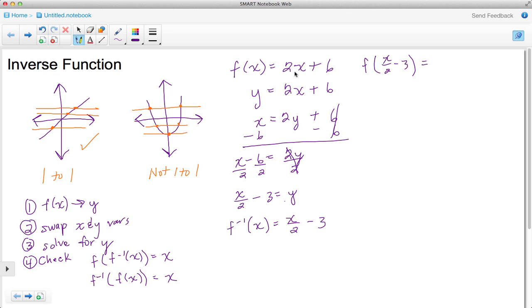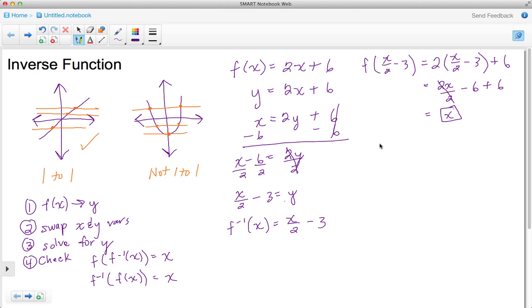And if we look at the original function, we see that it's 2 times x. Well, everywhere we see x, it needs to be replaced by this new input, which is x halves minus 3. And we finish off the original equation by writing the plus 6. And then we begin to solve. We need to distribute this 2 to each one of these terms. So here I have 2x divided by 2 minus, I have 2 times 3 to give me 6. And then I add 6. Now I simplify. 2 divided by 2 just leaves me with x. And then negative 6 plus 6 again is 0, which just leaves me with just x.